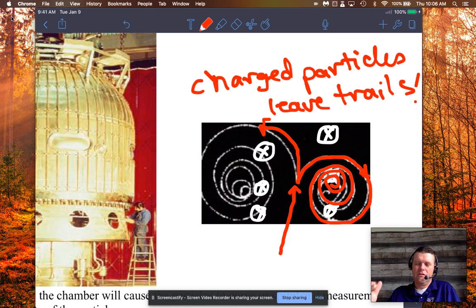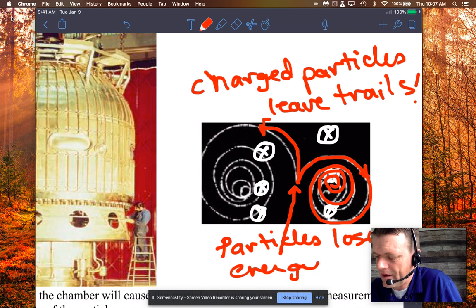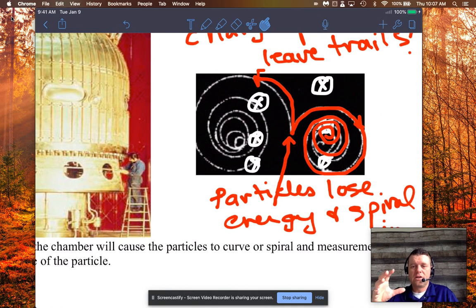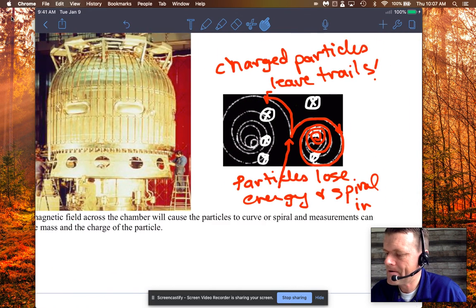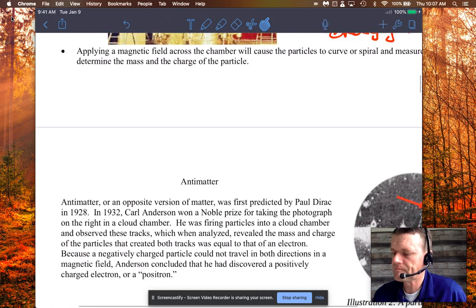And that's why you see this kind of cinnamon bun spiral in the track of the charged particle, because the particles lose energy. They lose energy and spiral in. I mean, you can add that if you want, but if that makes sense to you, okay. In these detection chambers, the particles are going to lose energy because they're bumping into stuff. Okay. So those are the two things you need to know, just those general principles. Yes, you have to be prepared to use your third hand rule, which we're going to do in just a second.